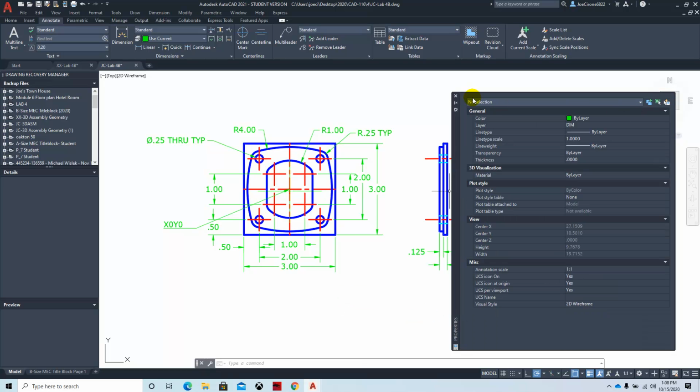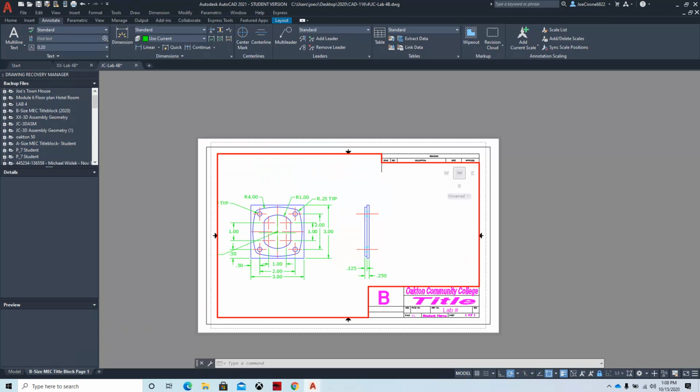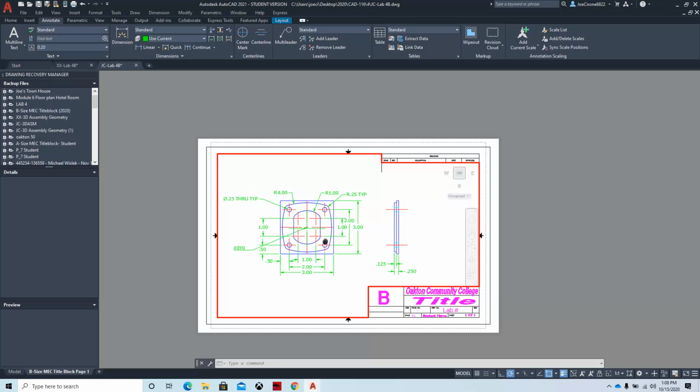All right. Go back to paper space, and then it looks like we need a little bit more room here, so I'm going to unlock the viewport, and I'm just going to pan that over. I'm going to lock it again. It's locked in at 1 equals 1. Double click on the title block,